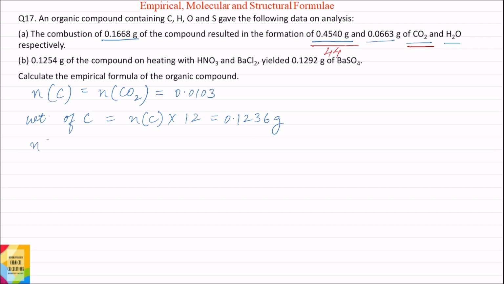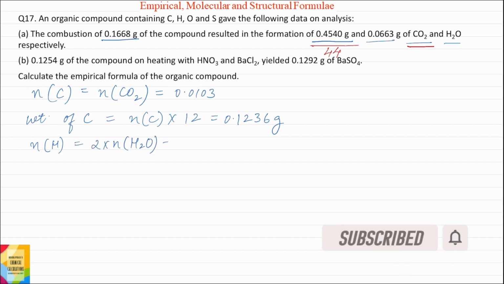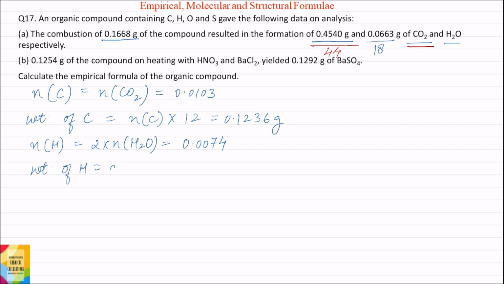Similarly, 1 mole of H2O contains 2 moles of hydrogen. So moles of hydrogen will be equal to 2 into moles of H2O. How much will moles of H2O be? Weight of H2O, that is 0.0663 gram divided by molecular weight of H2O, that is 18. So moles of H2O is 0.0663 gram divided by 18, and this is equal to 0.0074 moles, and weight of hydrogen will be equal to moles of hydrogen into atomic weight of hydrogen, that is 1. So weight of hydrogen will also be